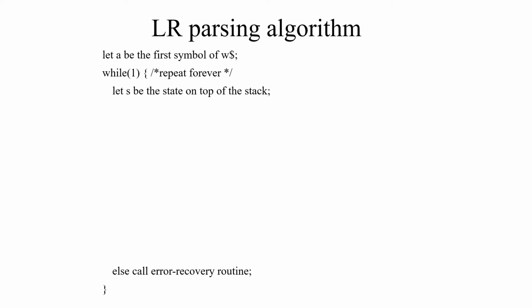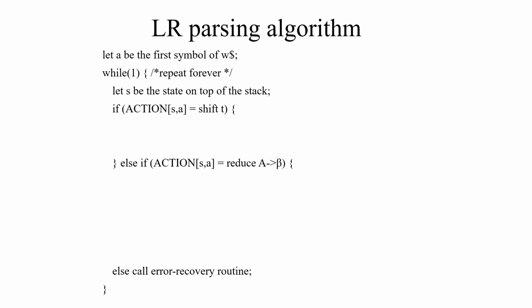So what are the two steps? Let us consider small s is the stack top. We have already seen input a, and the stack top is s. So we check the parsing table, which has two parts: one is the action part and another one is the goto part. In the action part, we just check whether this particular move is a shift move or else a reduce move.